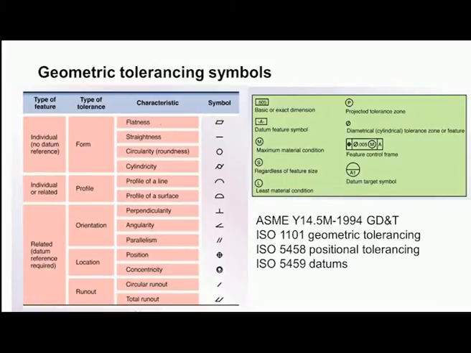So, we have the flatness, and this shows how the flatness is indicated on the drawings. When we want to show the straightness, a horizontal line is used, and whenever we require to show the circularity or roundness, a circle is used, and cylindricity is shown by this symbol. Similarly, profile of a line can be shown like this, profile of a surface can be shown by using this particular symbol,